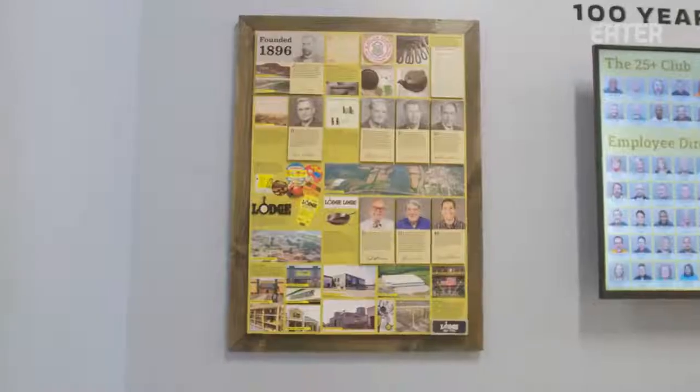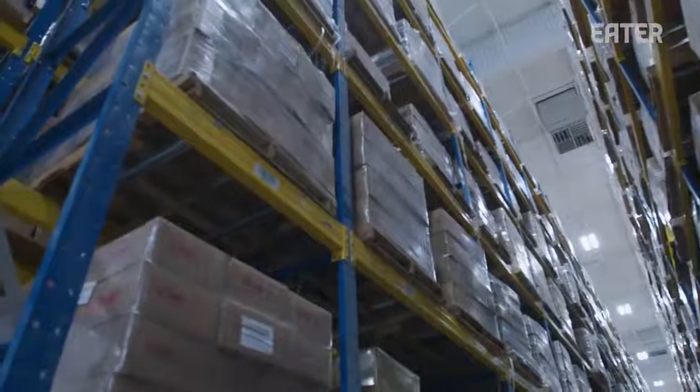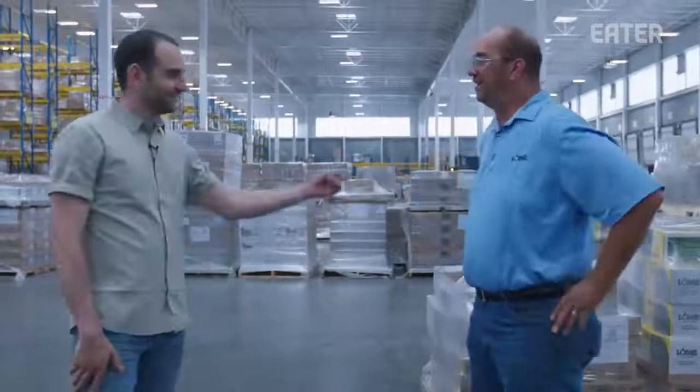It's crazy. I walk through here and I look at all these aisles and how many people have touched those castings is pretty cool. Well, thank you so much for having us here today. Man, I enjoyed every minute of it. I wish we had more people come through to really understand and appreciate what it takes to make a skillet and then make a meal in that same skillet. Be careful what you ask for. If enough people see this video, you're gonna have a tour every day. Well, I don't know about every day, but